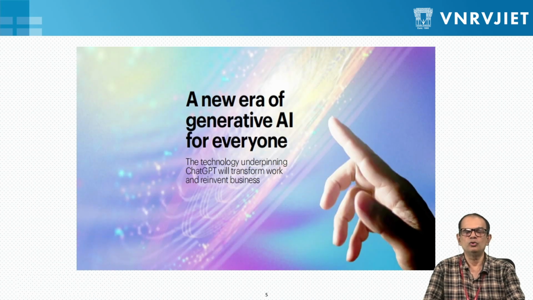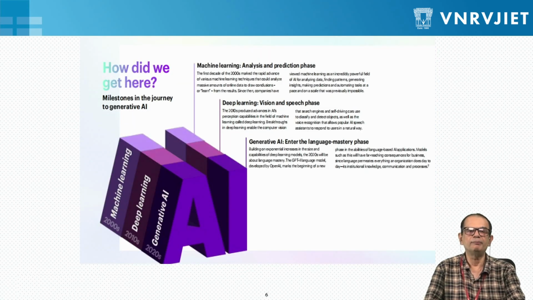Okay, so just to let you know that we are in the era of generative AI, wherein we no longer do simple AI, but we do generative AI. And what's that all about? We'll come to know. Okay, so we have gone through the era of machine learning, then deep learning, and generative AI has now come forward. So we have traversed this particular path from the 1950s, I would say, a long path, and we have had an AI winter, and subsequently we are now on to generative AI.